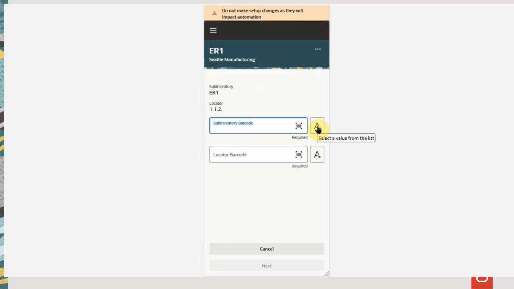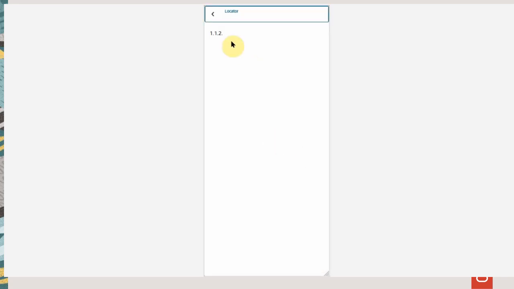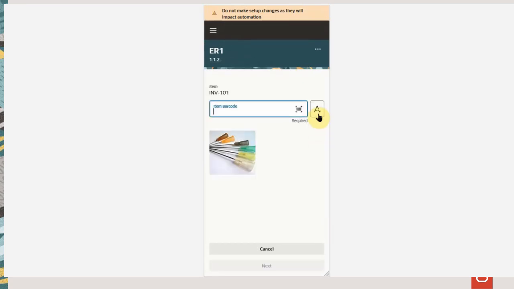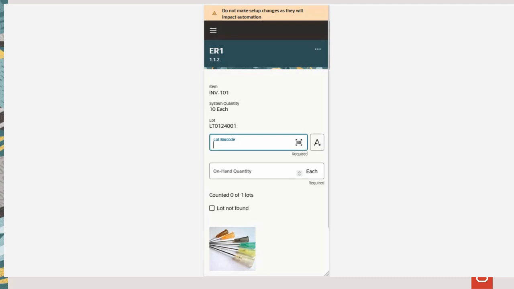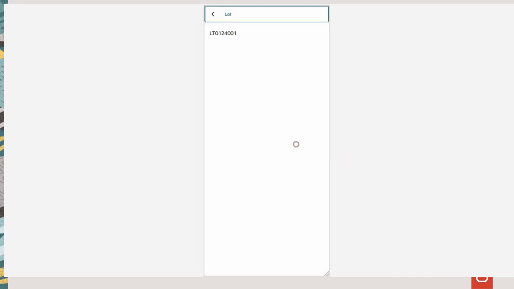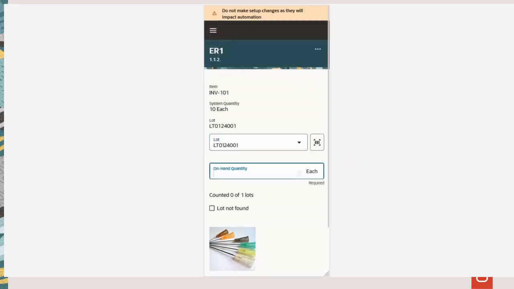We'll confirm the sub inventory. You can scan or pick the sub inventory from the list of values. We will use the list of values for entering values. We will scan the lot number which we find physically and enter the quantity for it,